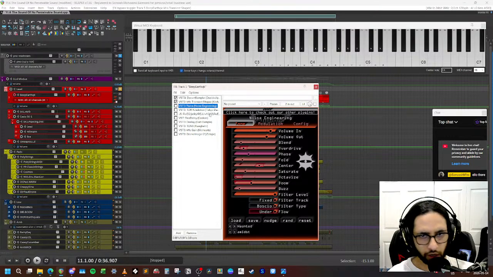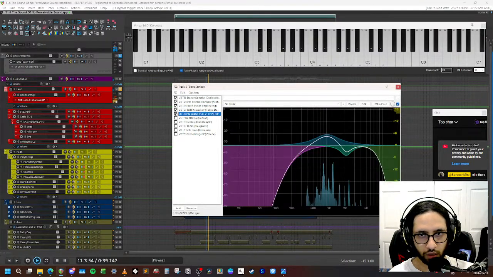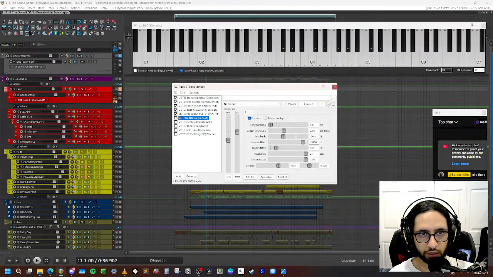And then this plugin, I have no idea what it does. It's a crazy fuzz or saturation plugin. It's a subtle effect actually. And then compression, EQ, and some delay.